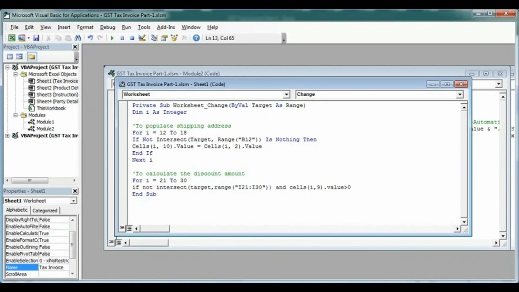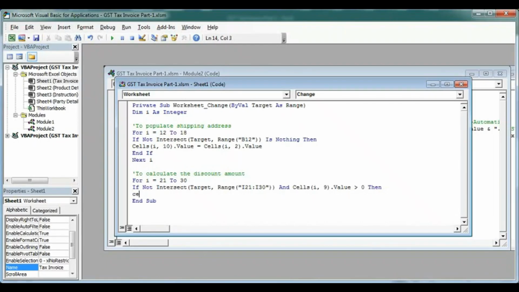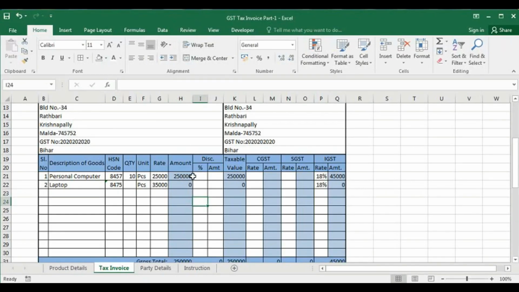What will be the action? Then this column into this column equal to this. So this is column number 10. So type here Cells I10 dot Value equal to, this is 8, this is 9.